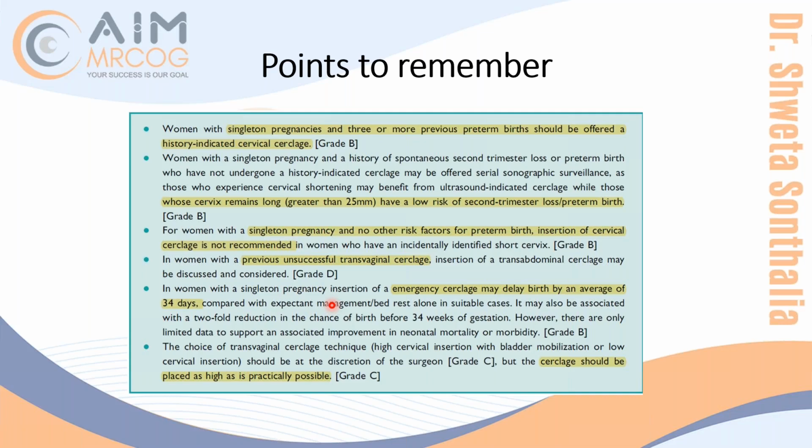Now, as I told you, why I'm talking all this: because in the options they will give you interval, they will give you in pregnancy, they will give you abdominal, they will give you laparoscopy. So you should know that your first choice will be interval laparoscopy. Interval laparoscopy means before pregnancy. Doing surgery in pregnancy is difficult because of more vascularization and everything. So if you do it beforehand, no harm. Why not do it beforehand? Whether abdominal or laparoscopic, do it before she's pregnant. It's better. You will not disturb the pregnancy, and it will not be more vascular. So it's better than doing it in pregnancy between 11 to 14 weeks. That is the thing you should remember.